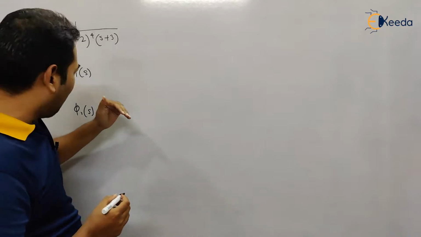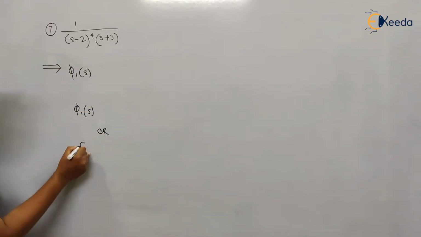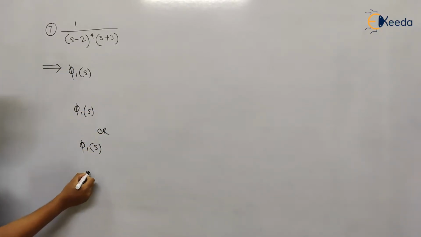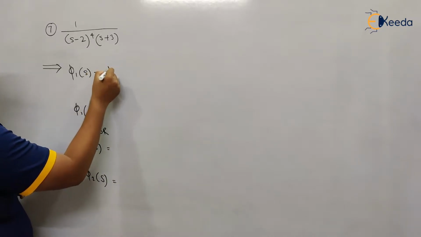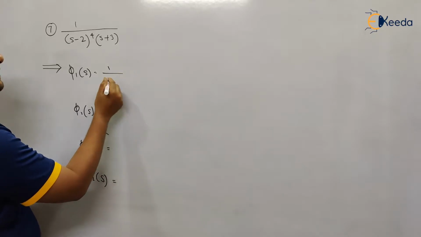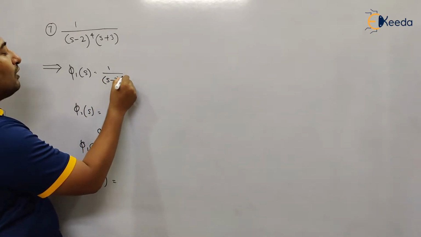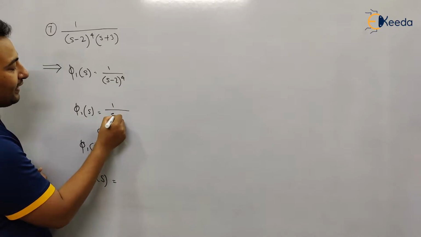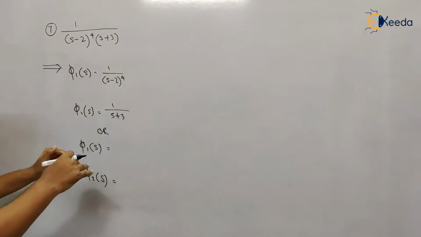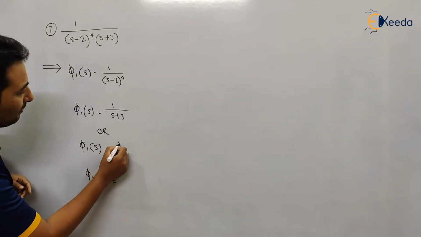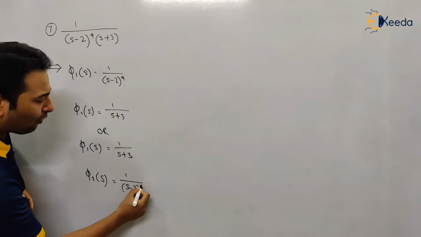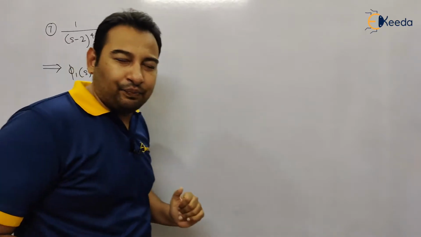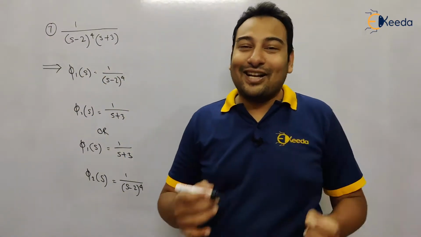Here we have an option. First of all, phi 1(s) I am taking (s minus 2) raised to 4, and phi 2(s) we are taking s plus 3, and in the alternate case, it will be swapped. Means here I am going to consider this, and here it is (s minus 2) raised to 4. Obviously you can go ahead with any one, but let us check which one is convenient.